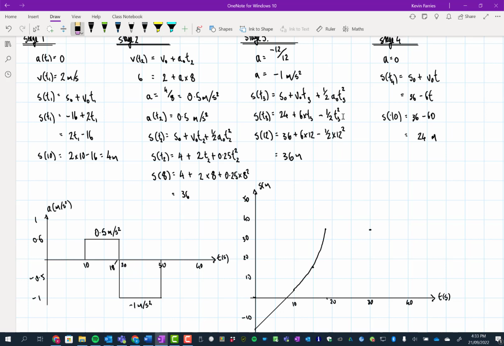Let me just figure out what I'm doing here. I thought I just fixed that, or did I not go through it? So I need to fix both of these. So let's try that again. So we've got 36 plus 6 times 20, minus 0.5 times 20 squared